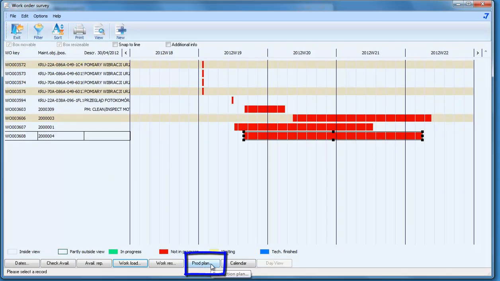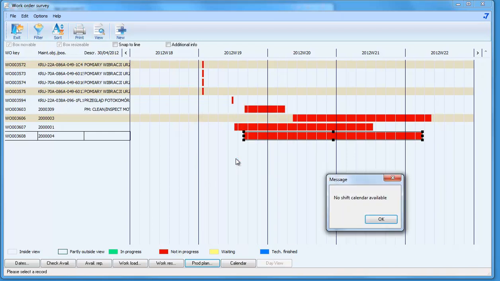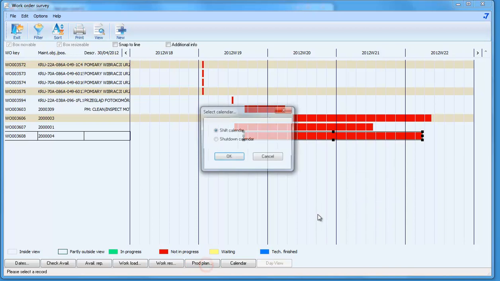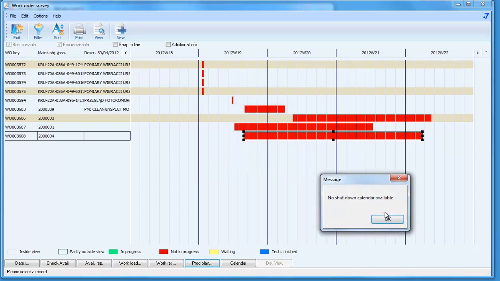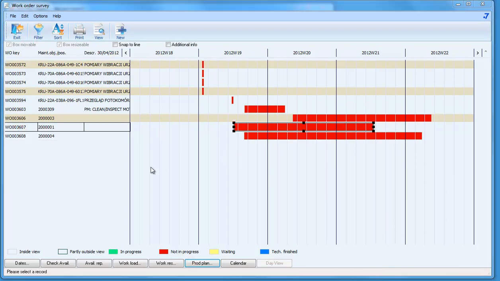The next one is production plan. When we select the work order, we can go in and look at the production plan that is attached to the maintenance object. Here we have the shift calendar, shutdown calendar. If I select the shift calendar, I don't have anyone available on this one. If I select the other work order here, this one, and select the production plan,